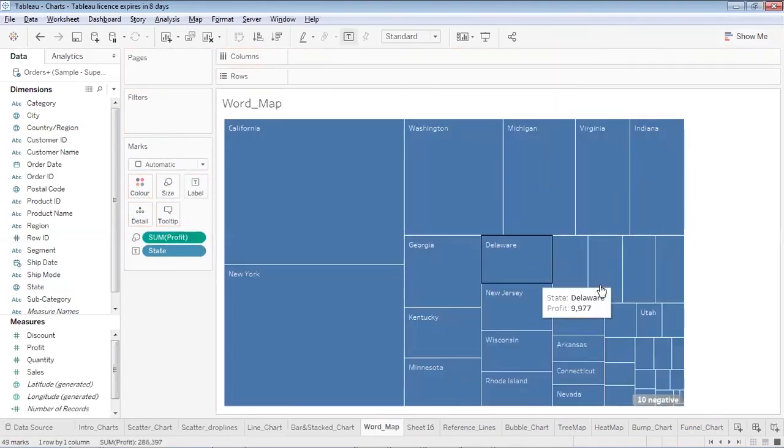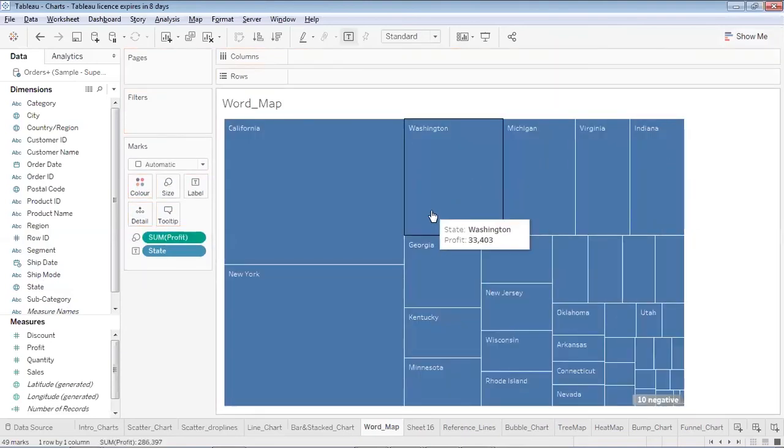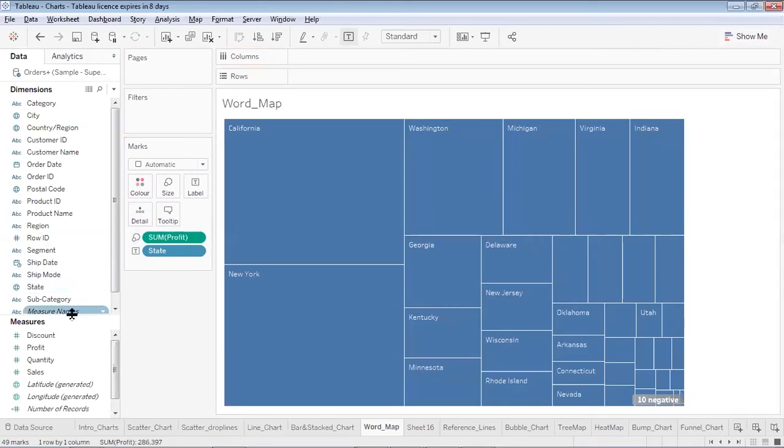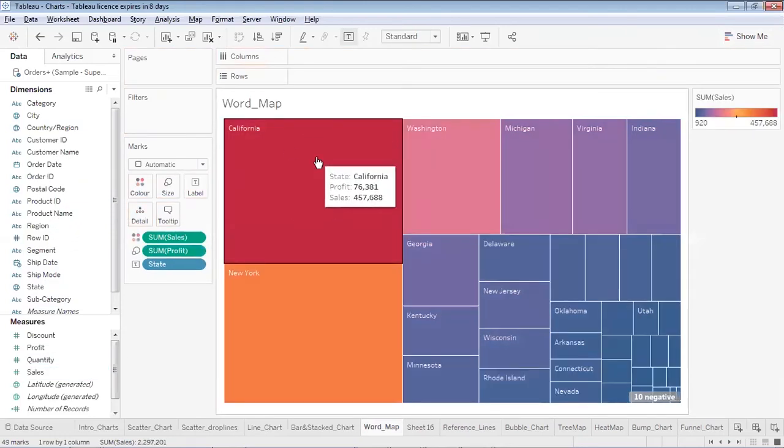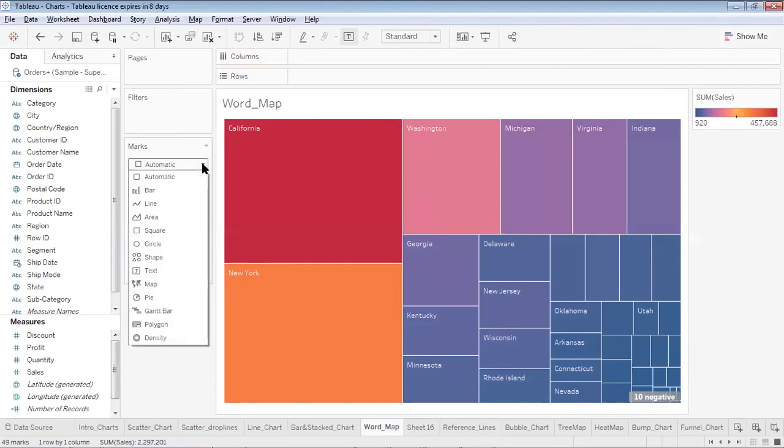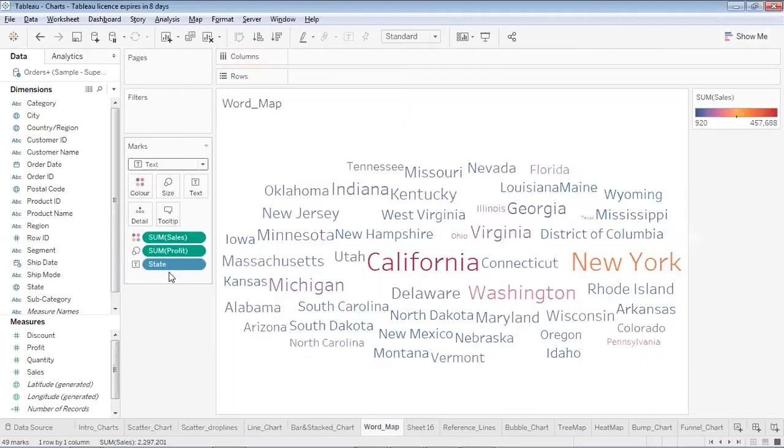Although we don't want this, we have got some sort of a heat map over here. Now what I have to do is, using the sales, I have to also show the colors over here. So this is how it's looking as of now. Now what we want is to change this visualization, the heat map which is automatically coming, into text. It will take some time to convert, and this is the visualization we wanted. We have created a word map, and what this map is showing is all the states, and the states which have got highest profit, their size is the largest one.